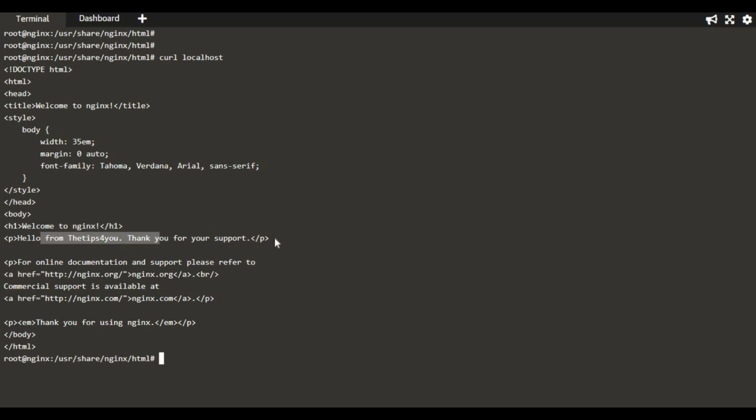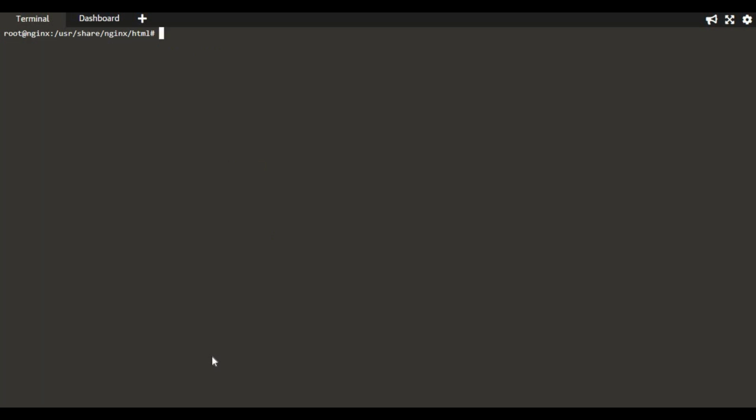Welcome to nginx, hello from tips for you. So that means we changed the content in the container web page, right? So let me exit from the screen. Okay, so I am back into my Kubernetes minikube. Okay, if I log in again,